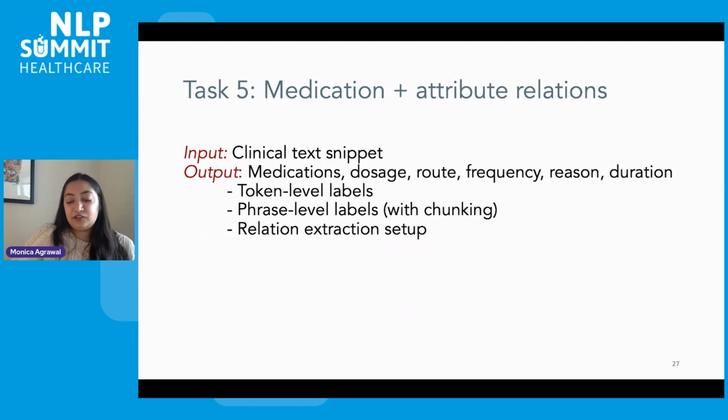Finally, we look at medication and attribute relations, where the input is a clinical text snippet, and the output is what I partially described before, which is medications, dosages, routes, frequency, reasons, and durations. And here we look at it from 3 different angles. One are token level labels. So for each token, does it fall into one of those classes? Phrase level labels, in which we chunk together tokens that belong to the same entity. And finally, a relation extraction setup, where we actually don't just identify the entities, but also how they relate to